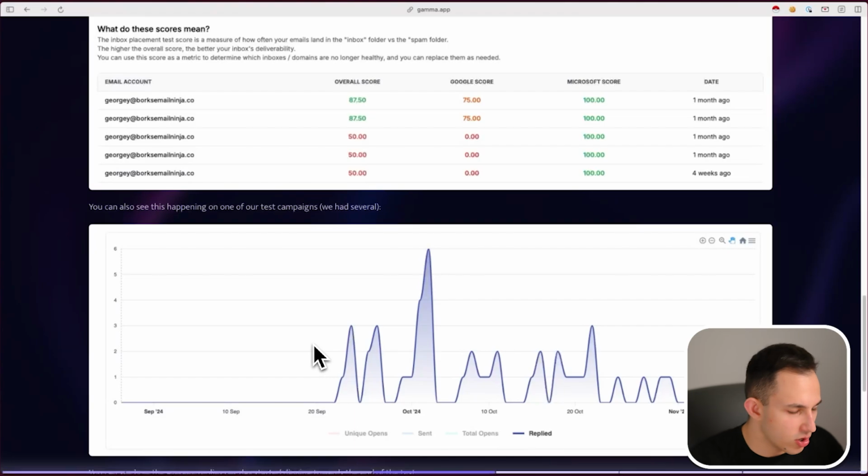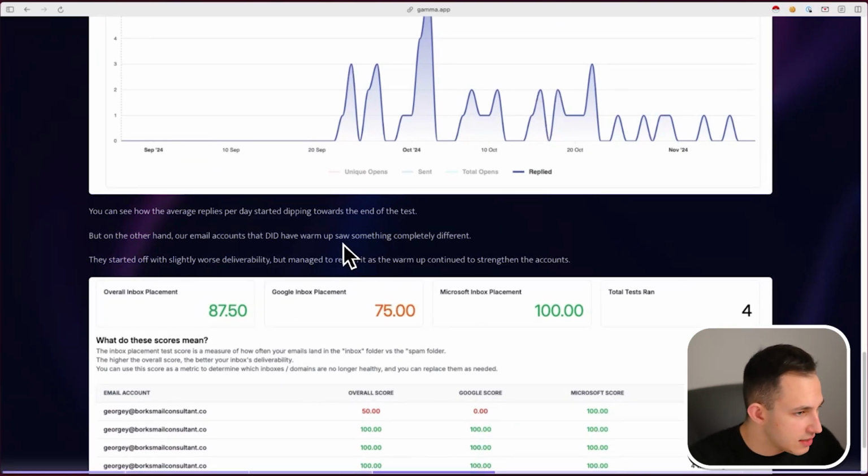And you can see that although this isn't the best way of showing it, this is one of the campaigns that we ran. Keep in mind, one of the campaigns. This is not the only campaign. Things started dropping off pretty significantly. You can see the lines are up here, they're up here, they're up here, and then towards the end, they were down here. They were only getting about 1 reply a day, where before they were getting 6, 3, 2. They dropped off pretty significantly.